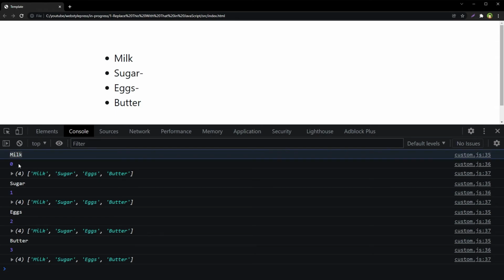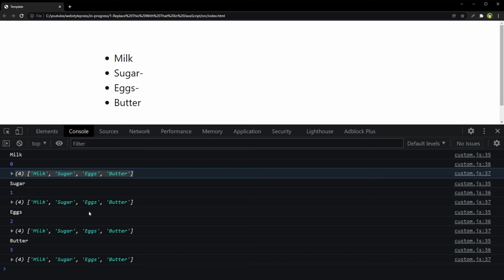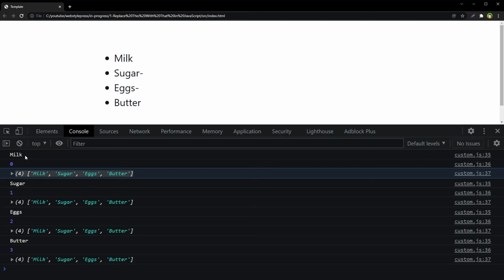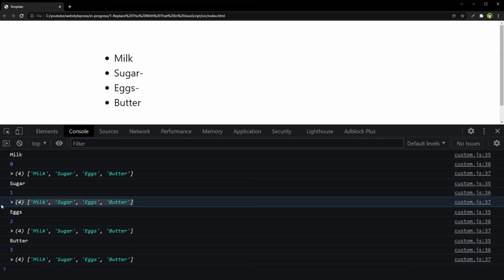Now you can see milk 0 and then all items. So this is item and this is index and then all items. Milk item 0 index, all items. Then sugar item 1 index, all items.